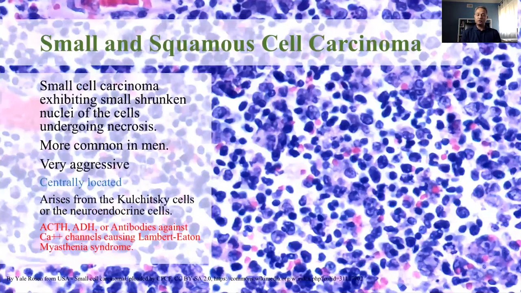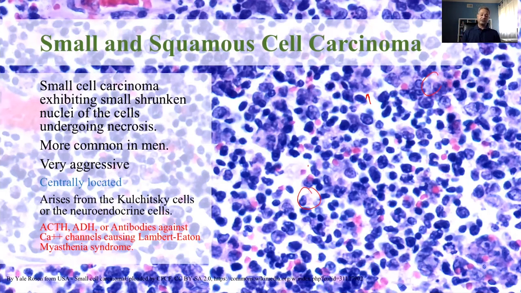Look at this, all those blue cells. What is up with these blue cells? These are actually the cells that are dying. So their nuclei are hyperchromatic, they are deep blue, they are getting necrosed. You'll also see some cells here, possibly this one, here is another cell, here is one more cell, that are lighter in color and have a rather open nucleus. These may be viable cells. So you can see both kinds of cells present.